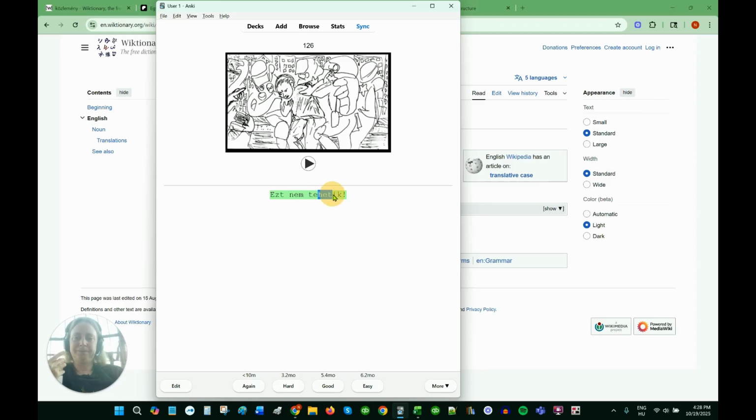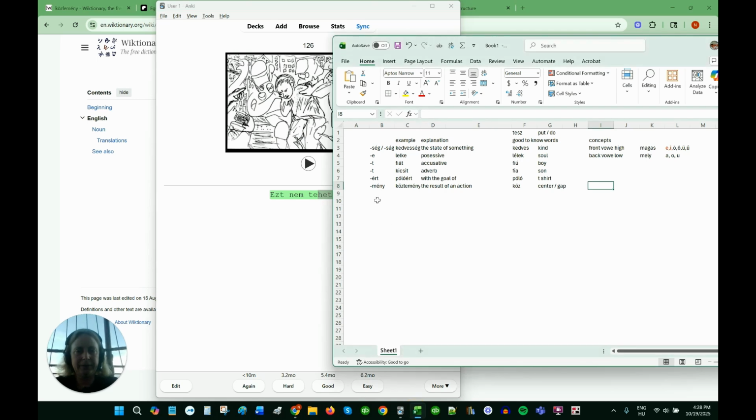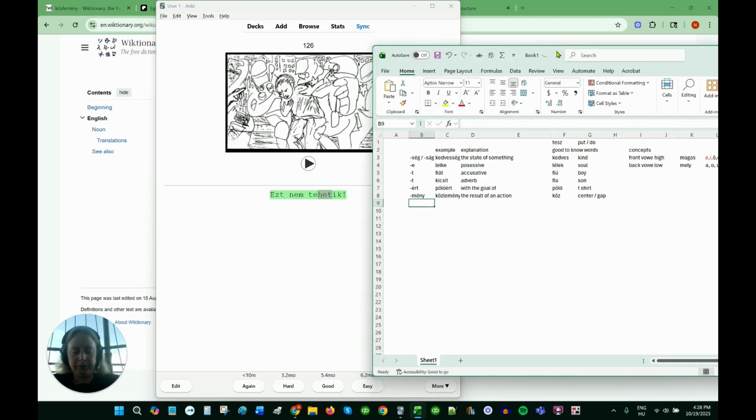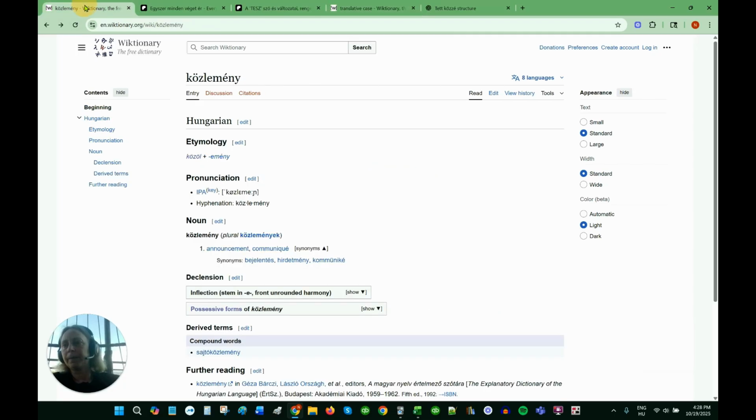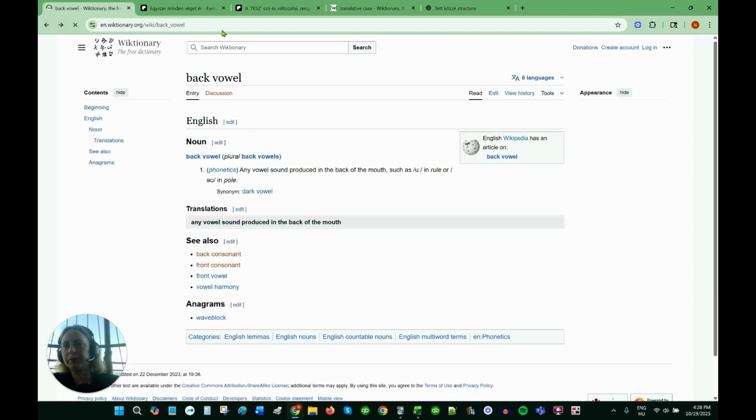Let's look at this het. This is a good thing to look at. Het is, even though it's in the middle of a word, still a suffix. So I don't know if you call it a suffix or just a word part. When we look at this page on suffixes, we left the page on suffixes. Let's go back to the page on suffixes.